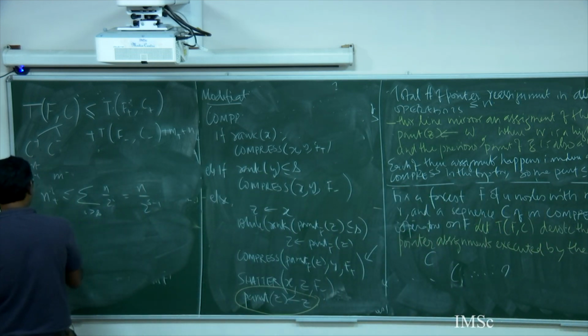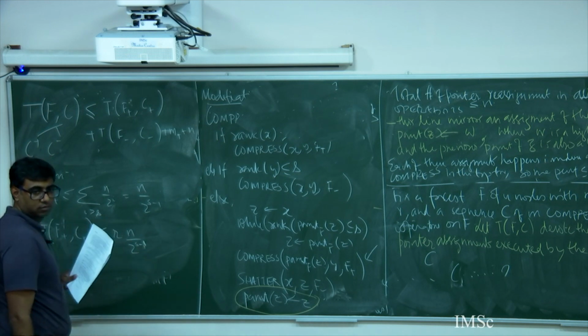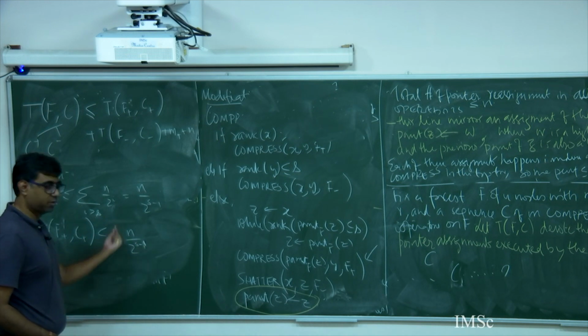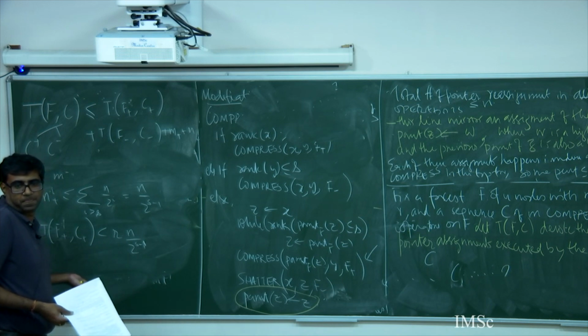So can I write this T of F plus C plus, this is what it said, R into number of nodes, right? So this is what it is. I just used it because